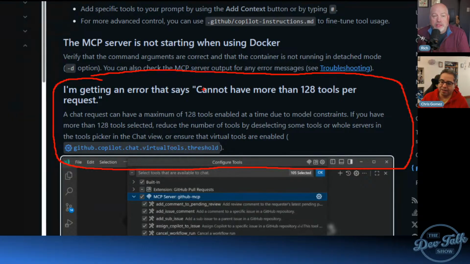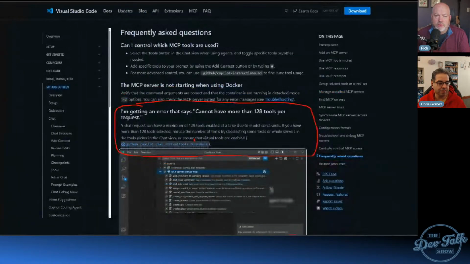I think you do get, it's kind of a funny error, at least it was. It didn't really point you in the direction that tools were the issue. It's just that you get some kind of a Copilot error. I think it might have gotten better now in saying that you have too many tools. But why is that important?